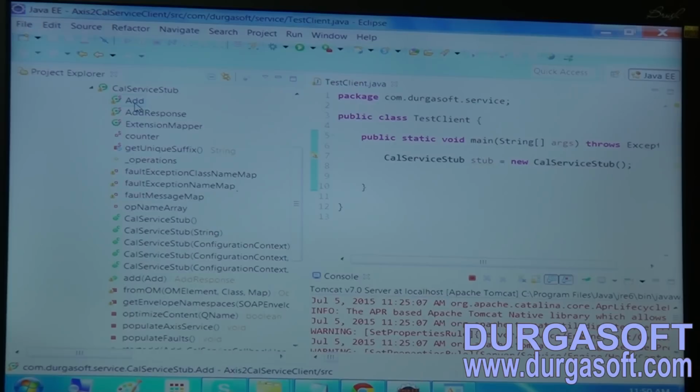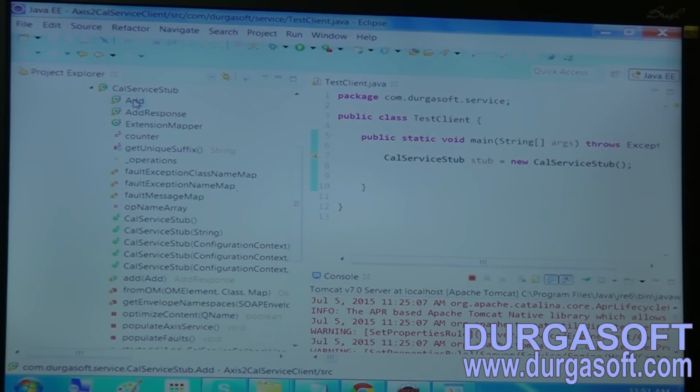So for each method in the service class we have one inner class in the stub class here. So now we have only one method, so we have two inner classes. One is AddResponse here. If we have another method in this service class, we will have two more inner classes, that is subtraction and subtraction response here.